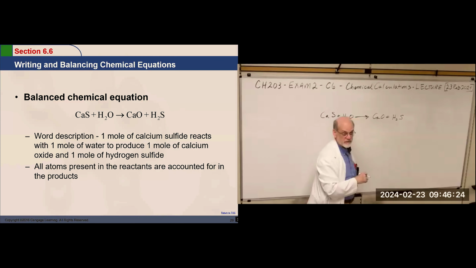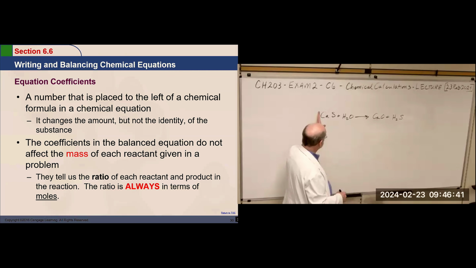These coefficients, of course, the coefficients in front, if there's a compound written here with no number in front, it's 1, right? If you write that symbol there, it's got to be at least one of them. So we don't write the 1. It's 1, 1, 1, and 1. And that's what the coefficients mean. They mean numbers. They mean moles of. But we do reactions in terms of mass. So what we need